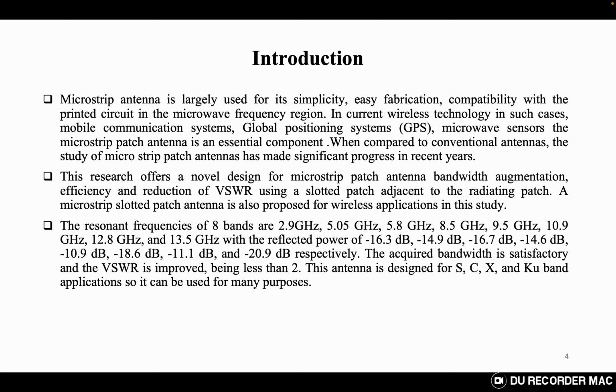Now I'm going to describe the introduction part of this presentation. Microstrip antenna is largely used for its simplicity, fabrication, and compatibility with the printed circuit in the microwave frequency region in current wireless technology, in such cases as mobile communication systems, global positioning system (GPS), and microwave sensors. The microstrip patch antenna is an essential component. When compared to the conventional antennas, the study of the microstrip patch antennas has made significant progress in recent